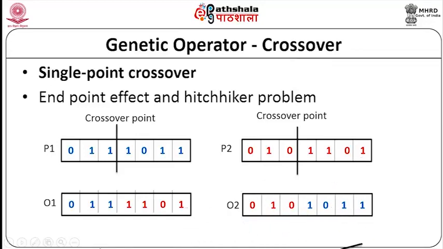So, now you can see that two offspring are formed that are different from the parents. So, this is a crossover operator. Why is it called crossover? You are taking one half from the first parent into the first offspring, and the second half is crossed over to the second offspring. The first half of the second parent goes to the second offspring, and the second half of the second parent is crossed over to the first offspring. So, this is how the offspring are formed.